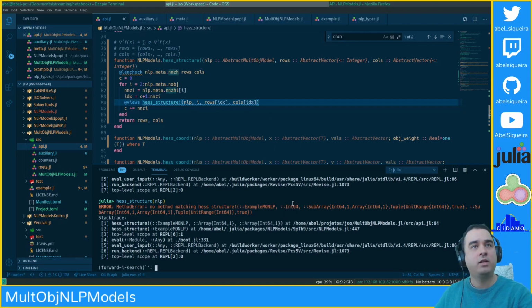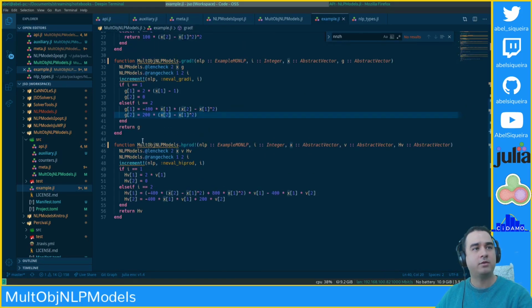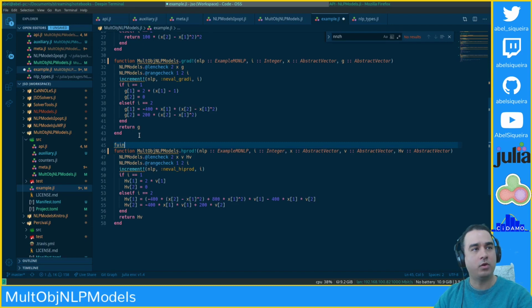And finally, we're gonna go into the example where we're gonna implement the has structure for the individual function. MultiObjNLPModels.has structure for this example NLP, for integer, for those rows which are abstract vectors of integers,